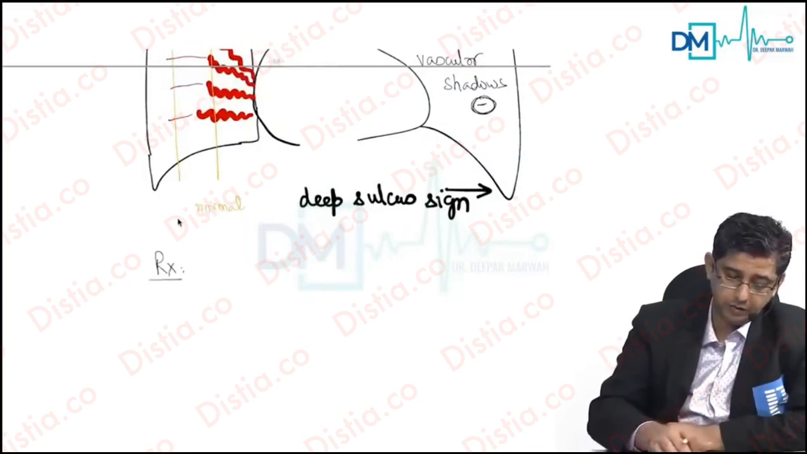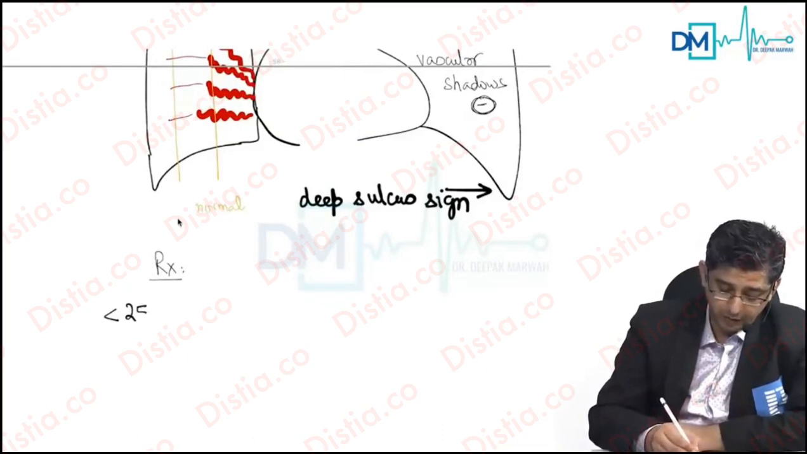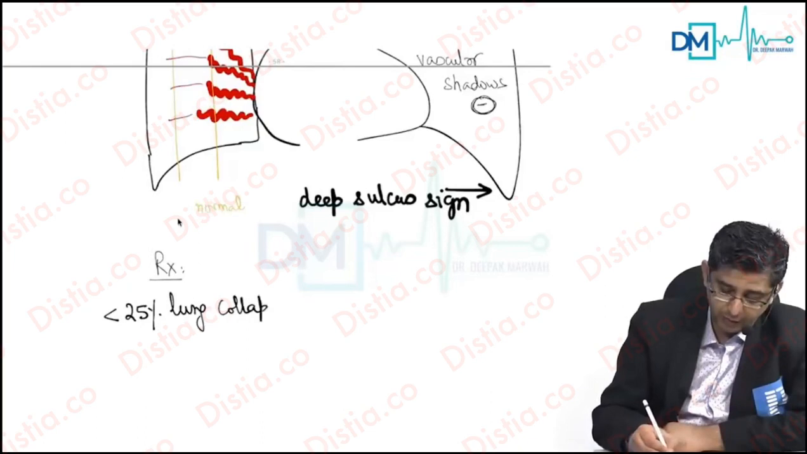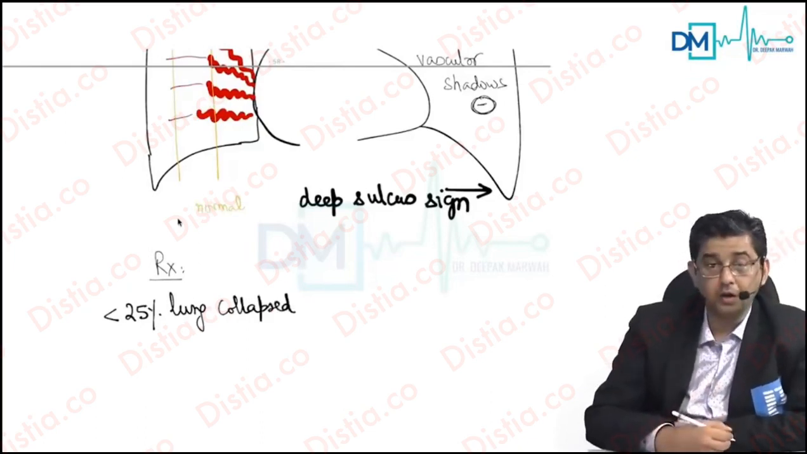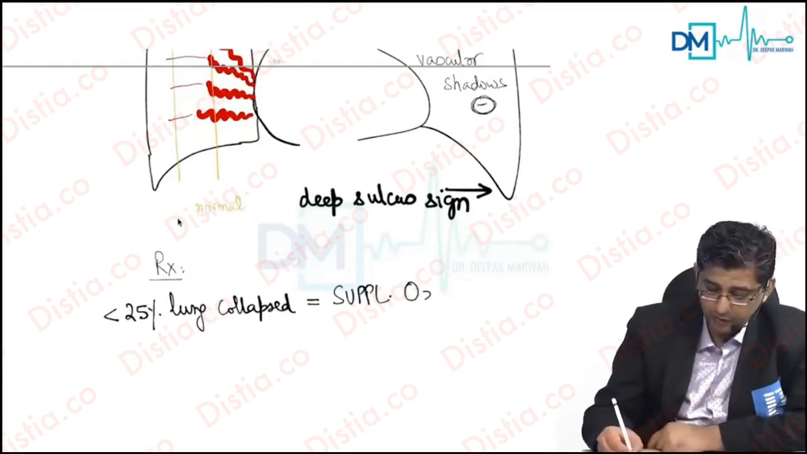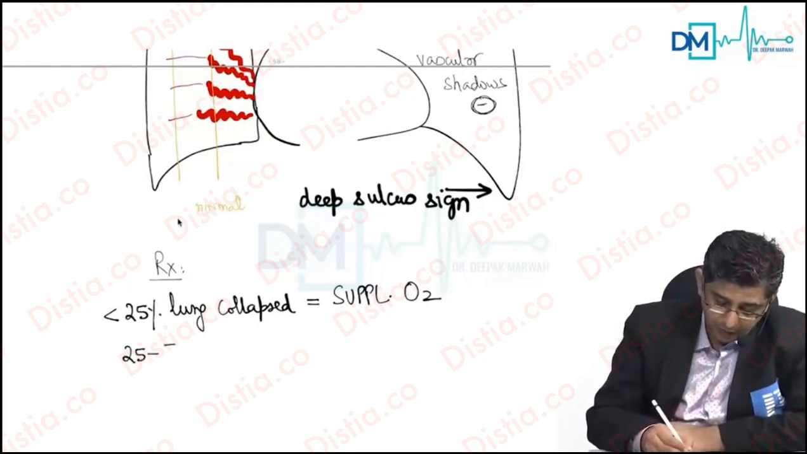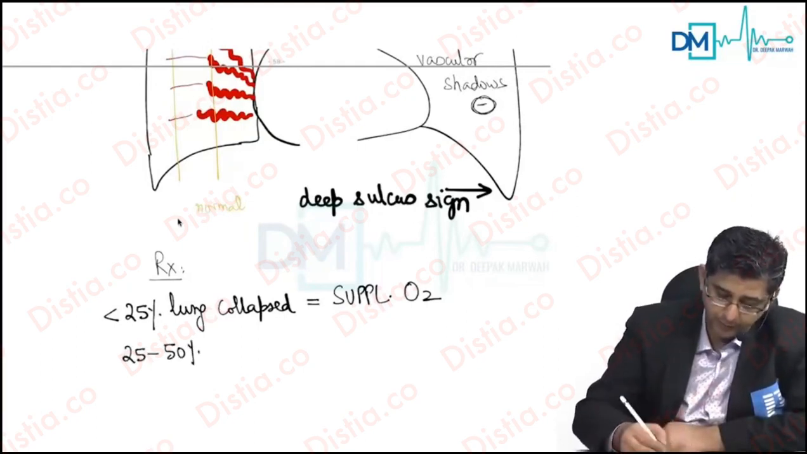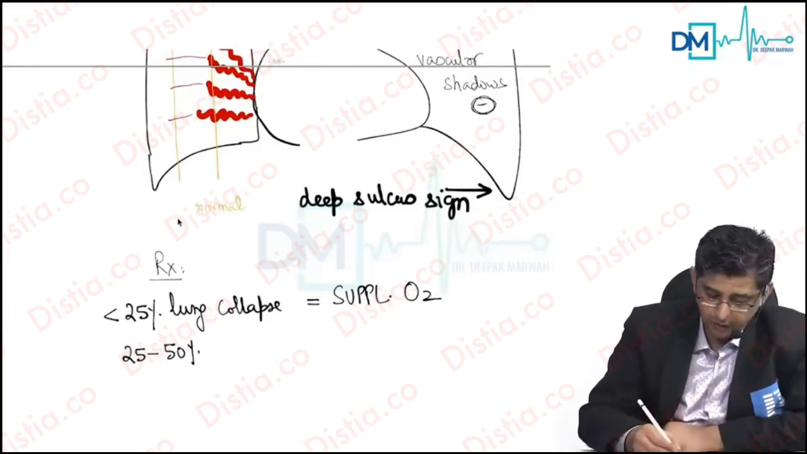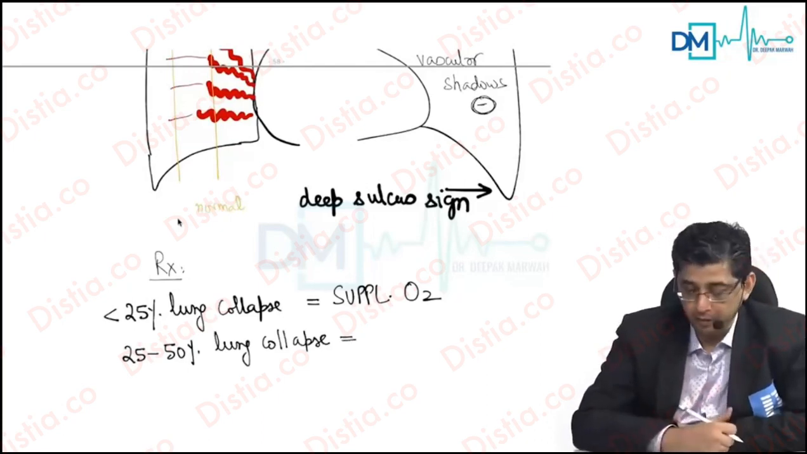Now for treatment of patients of spontaneous pneumothorax, the answer will depend upon how much percentage of lung has collapsed. If less than 25% of the lung has collapsed in the patient, then you will have to give supplemental oxygen to the patient, and you can give the supplemental oxygen with the help of a nasal cannula. But if you notice that there is 25 to 50% lung collapse in a patient, then you don't need to give any supplemental oxygen to the patient, but the primary management will be